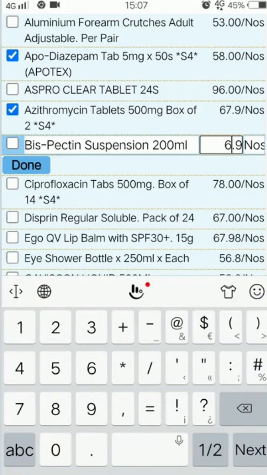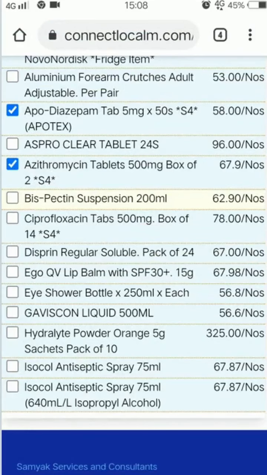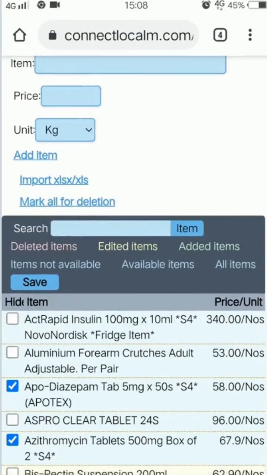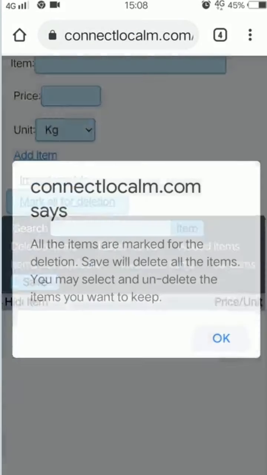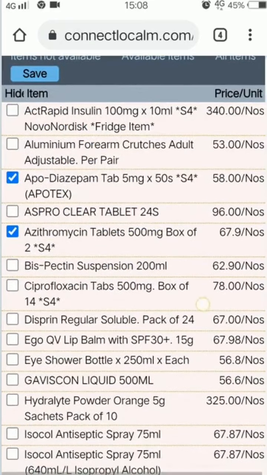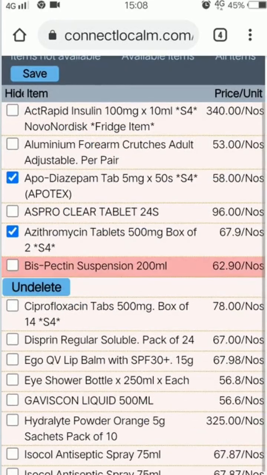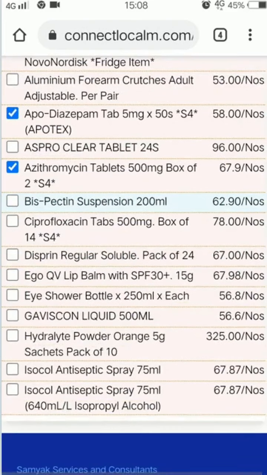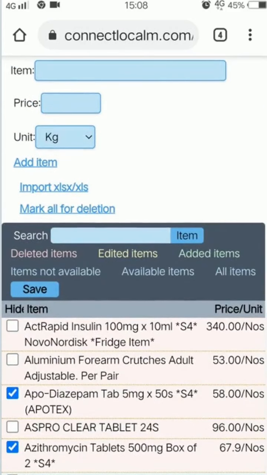If you do not want the pre-populated items list, you can click on Mark All for deletion and all items will be marked as such. If you want to keep a few, click on the item and you will see the undelete button. Do not forget to save the changes once the modifications are complete if you want to make those permanent.